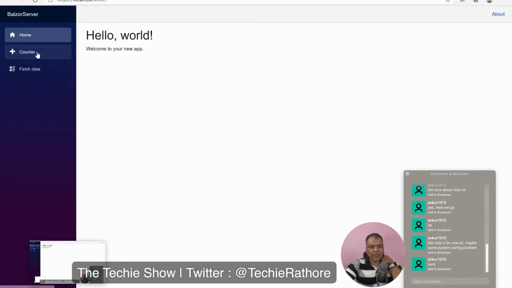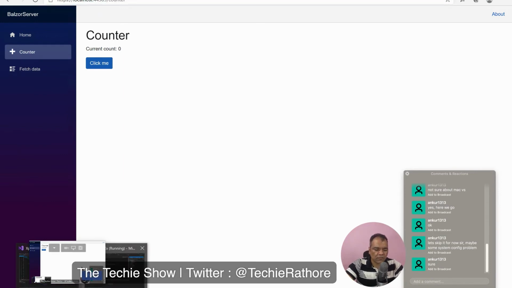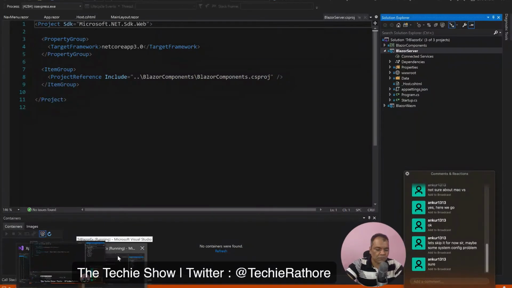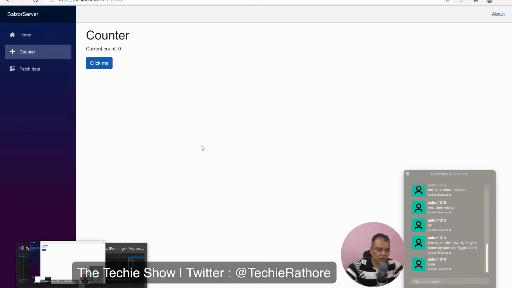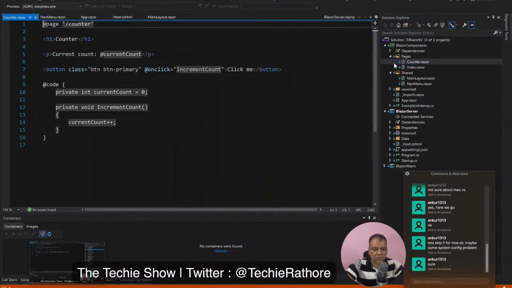Okay, so when I click on counter, you will see this counter coming here. How is this counter coming here? If you see this code, we have in Blazor components, this is the counter page.